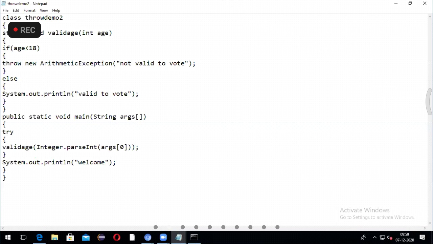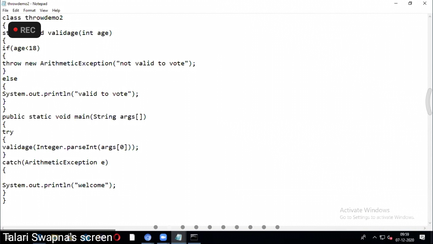Inside the catch block, you have to handle the exception. So catch, and the type of exception you have given here. If it is less than 18, I want to raise it as an arithmetic exception, so I will mention that exception type and give the object as an argument.